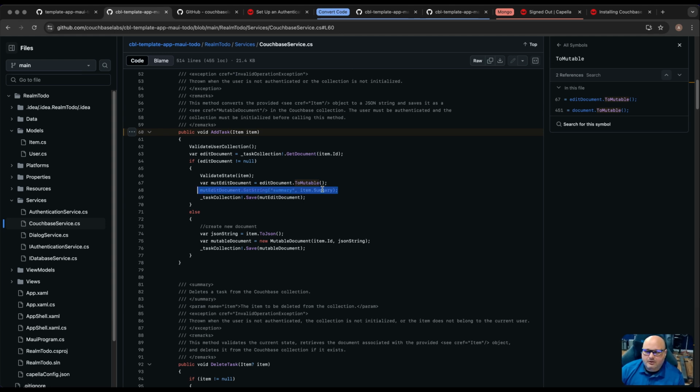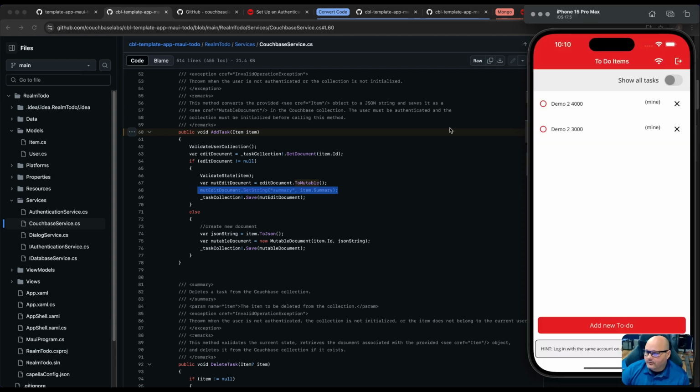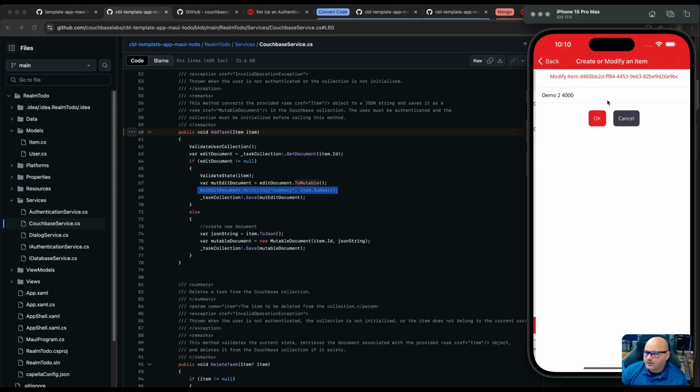This is like mapping code, right? So you can go through and say, well, I'm only really changing one field. The only field you can change in the UI is the summary field, and if you watched the previous video, you know that. I'm just going to go back in here. If I were to edit this field, the only thing you could do inside the app is